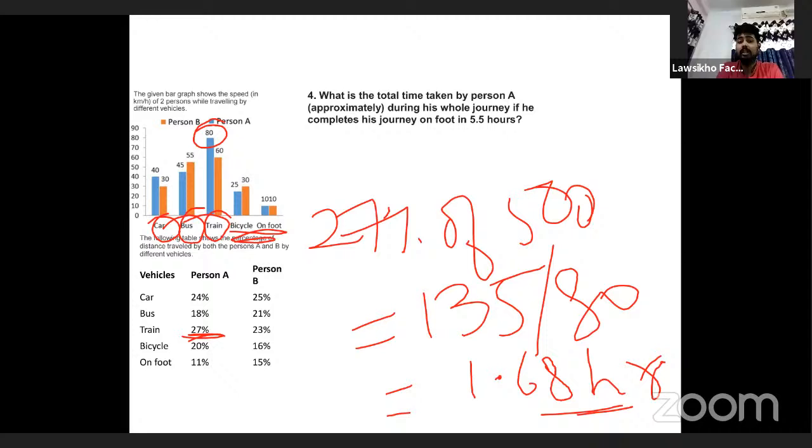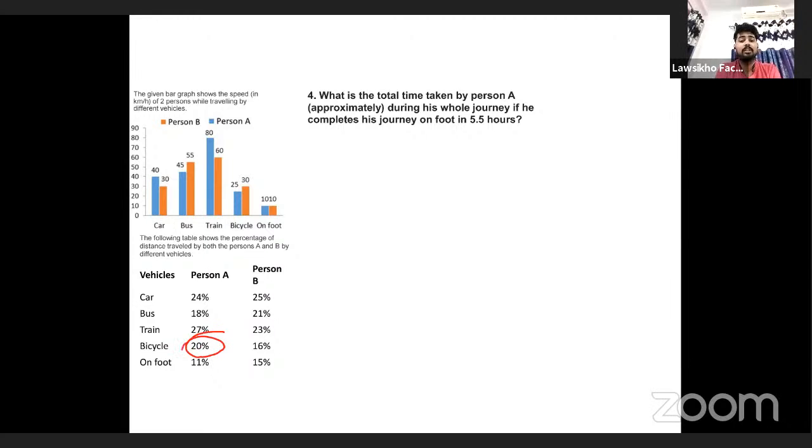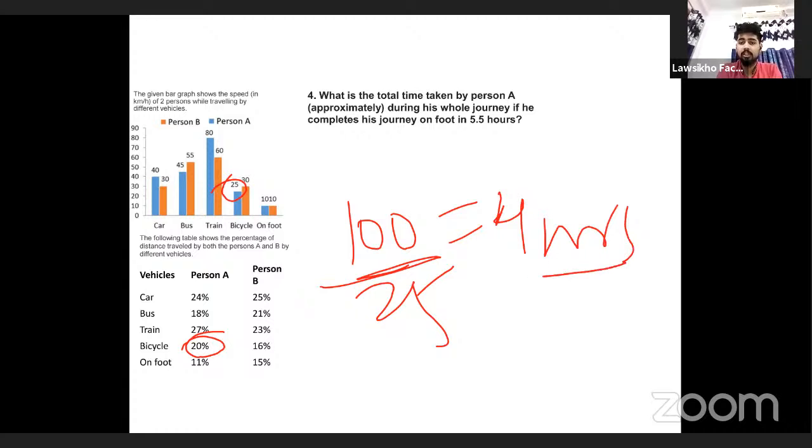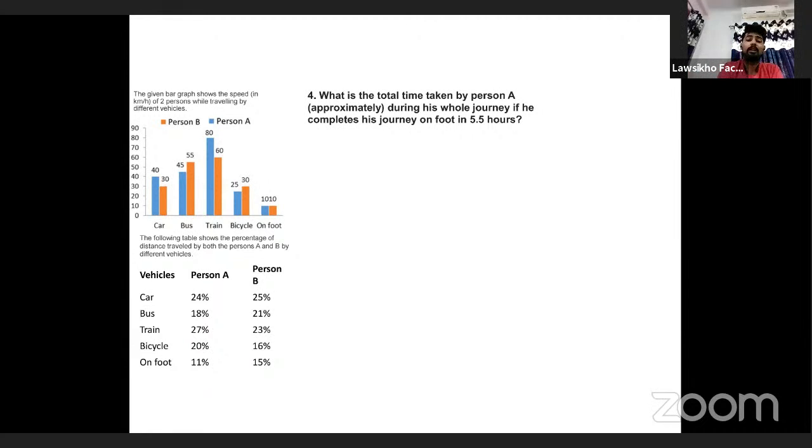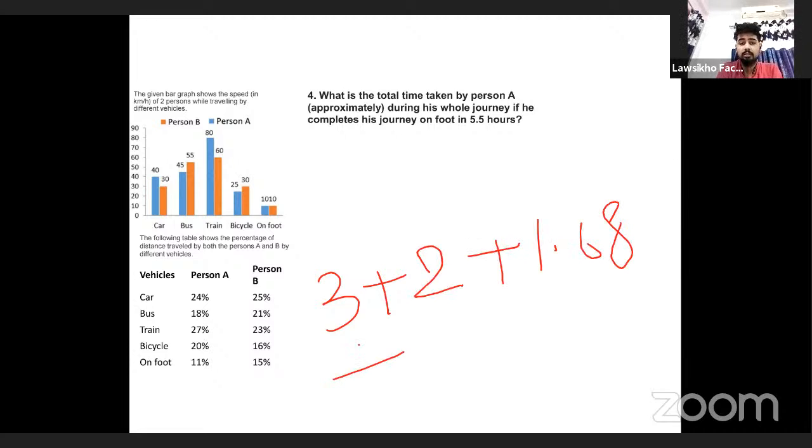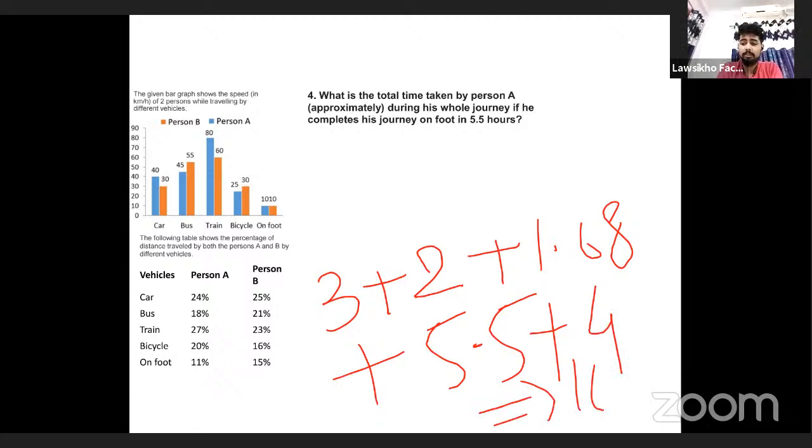बाइसिकल एंड फुट, ठीक है। फुट का यू हैव द डिस्टेंस विच इज 5.5, मतलब टाइम विच इज 5.5, तो यू नीड टू फाइंड द टाइम टेकन बाय बाइसिकल। अब बाइसिकल में उसका शेयर है 20% और टोटल डिस्टेंस है 500 किलोमीटर, मतलब इट इज वेरी क्लियर कि वो डिस्टेंस होगा 100 किलोमीटर, और उसका स्पीड कितना है 25, मतलब 4 hours, ठीक है। 4 hours इज द टाइम टेकन ऑन बाइसिकल। अब टोटल टाइम कितना आया, 3 + 2 + 1.68 + 5.5 + 4, ये अप्रोक्सीमेटली होगा 16.2 आवर्स।